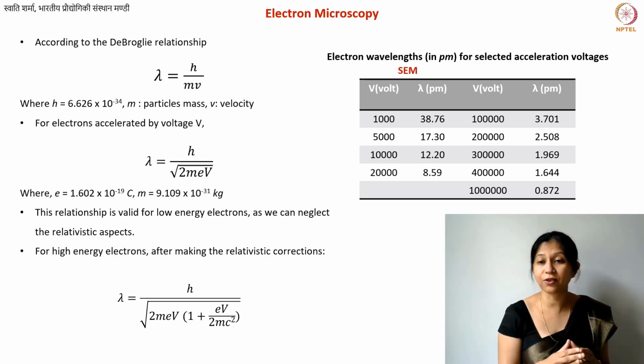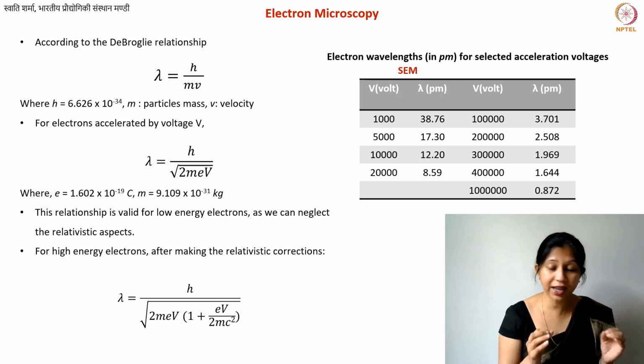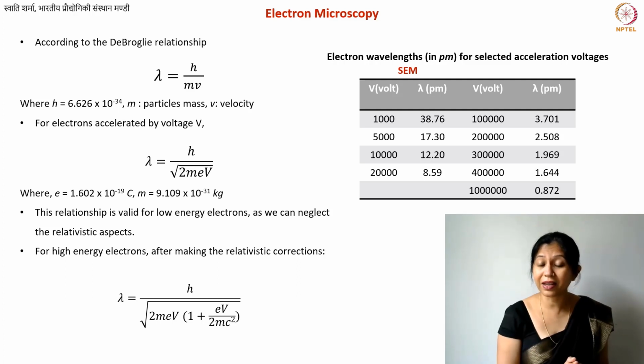That is what we know as transmission. For transmission electron microscopy, the wavelengths in the second column of this table are the ones that are used. From what you see here, the wavelengths associated with electrons are in the picometer range, much shorter than even your X-rays. If you remember in the X-ray diffraction lecture, I said that the wavelength should be of the same size as the interatomic distances, and that is why we use X-rays for diffraction purposes.